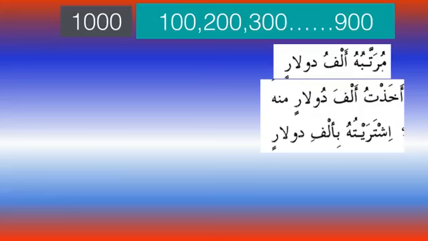Ishtaraytuhu, I bought it. So again here, bi alfi dolarin. So bi is harf jar and alfi is ism majroor. So you see alfu, alfa and alfi, it will decline normally. So ishtaraytuhu bi alfi dolarin. So coming to